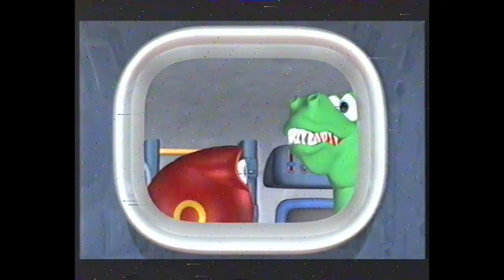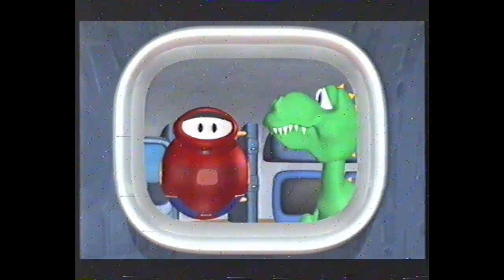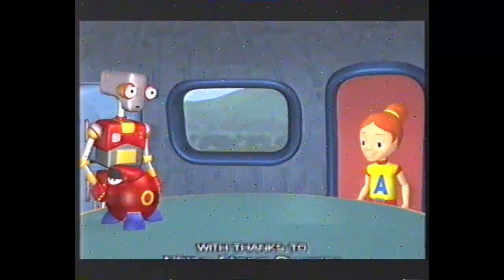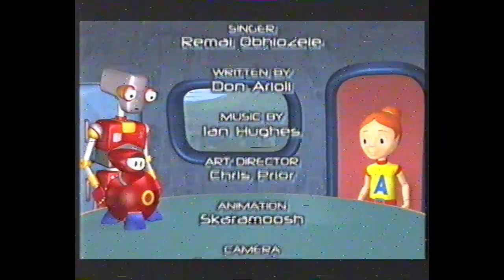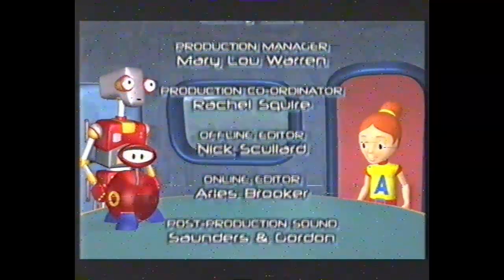Annie, Ollo, come and see my new pet. Hello? Annie? Ollo? Where are you? Ollo, Ollo, and the cheeky red robot Pod. Yes, she has Ollo, Ollo, and the cheeky red robot Pod. So here we are